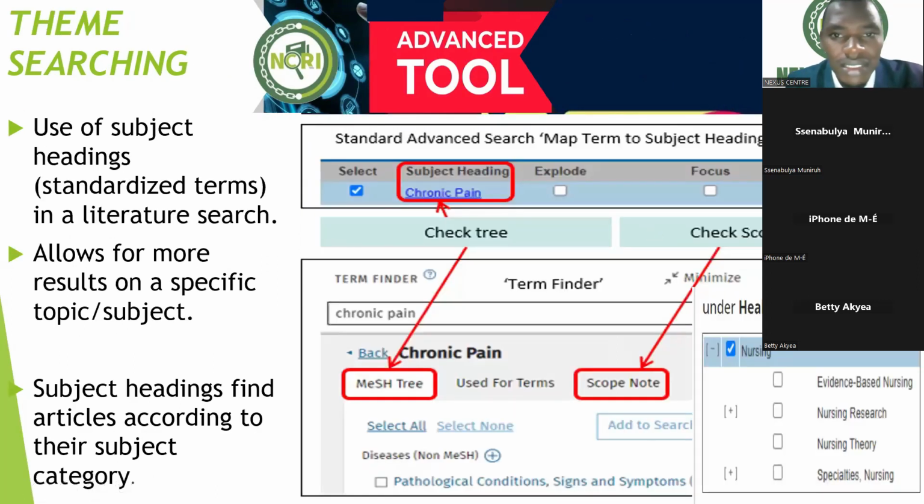Then the other advanced tool for searching relevant literature is what we call theme mining. Literature can be found anywhere, but for relevant literature you need to have techniques of finding it, because literature is there, but what is relevant for your study, you need to actually have techniques of finding it. So the other method of finding relevant literature is theme mining. So here in theme mining, you go to an